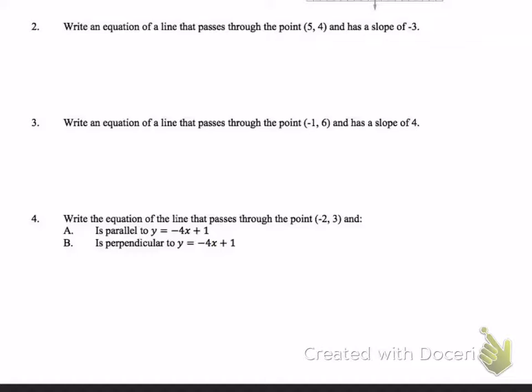So if we look at number 4, it gives us a point, and then it tells me that for A, it's parallel to this line. So what is the only piece of information that I need from that line? The -4, and that's the slope. So the slope is equal to -4. When you have something that's parallel, the slopes are what? The same. So for A, I'm going to use that slope, which is -4, and I'm going to use this ordered pair, my x1 and my y1,